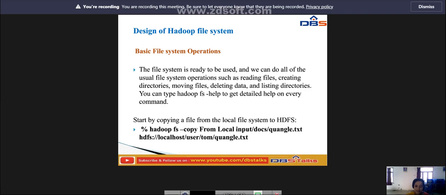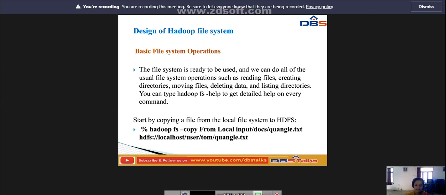The main thing is that we use the Hadoop distributed file system for distributing information. From the client's point of view it is a standard file system, but behind it the file system actually runs on several machines. This is called HDFS, and it has some basic file system operations.